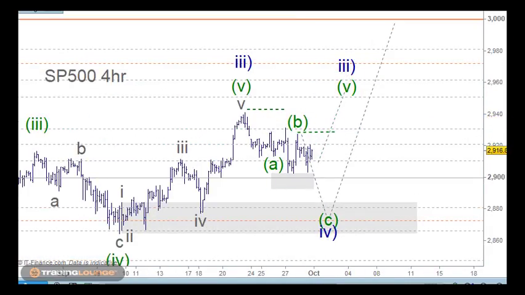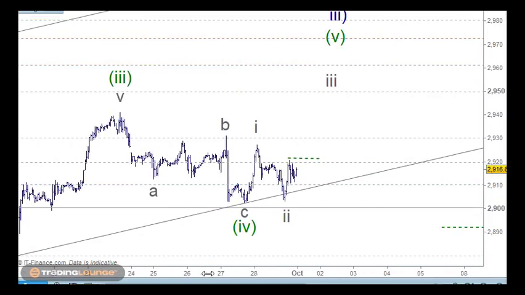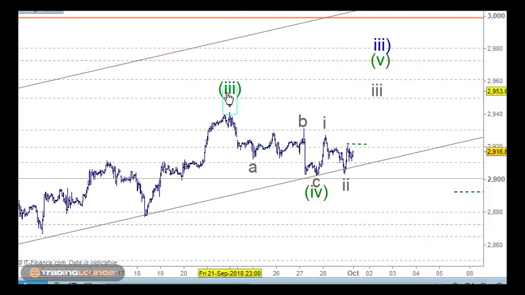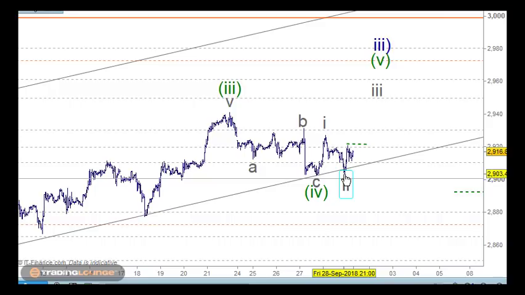So I want to go to the hourly chart, where I've got this moving up into this space here. On the hourly chart, this is wave 3 over here, an A and a B and a C for wave 4. We were looking at wave 1 moving up last time we spoke, and an A and a B and a C back for wave 2 here. It has pulled back quite a bit here, but it hasn't taken the low out here, not on the cash market anyway,